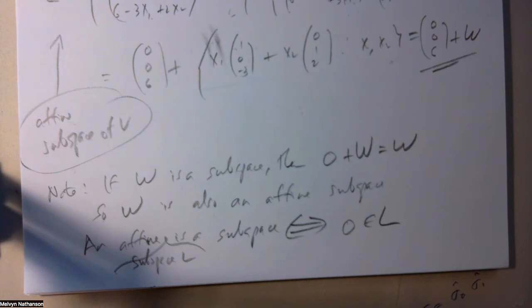So if your affine subspace is a subspace, it contains 0. On the other hand, if an affine subspace does contain 0,